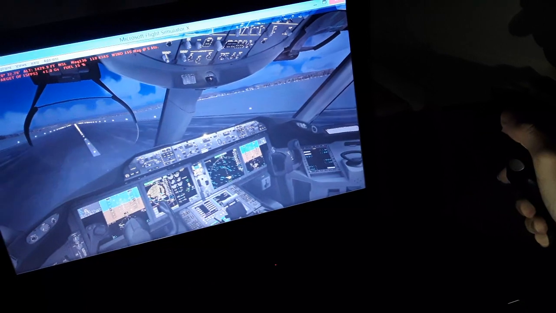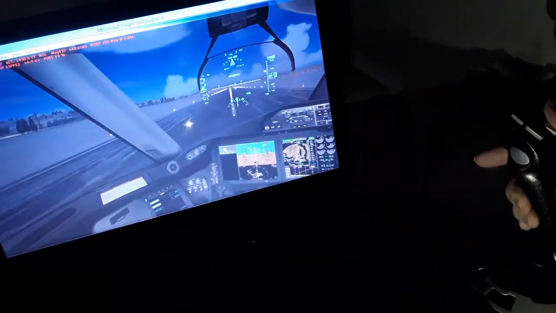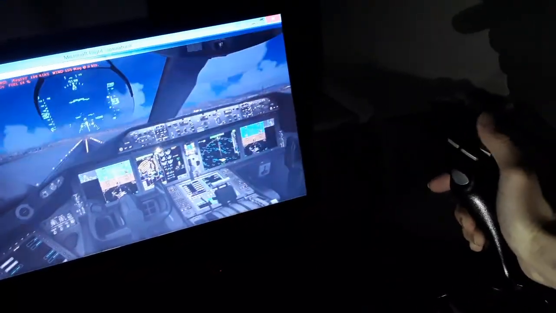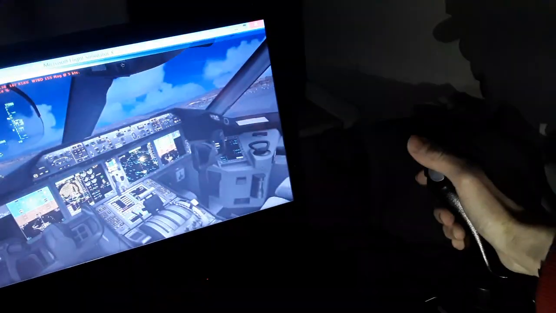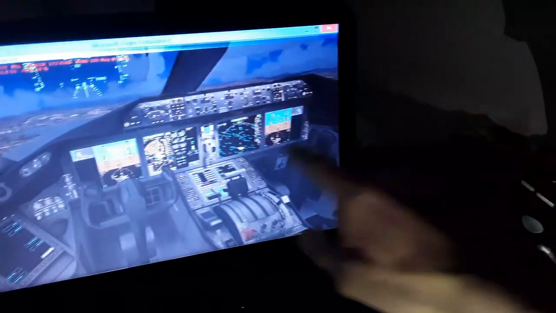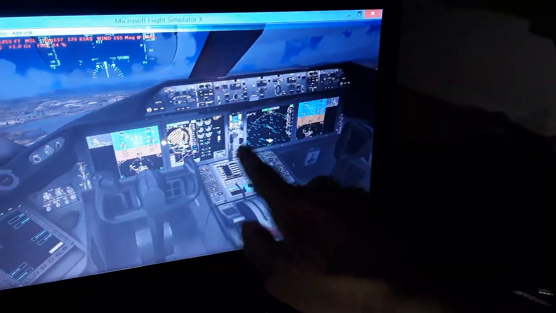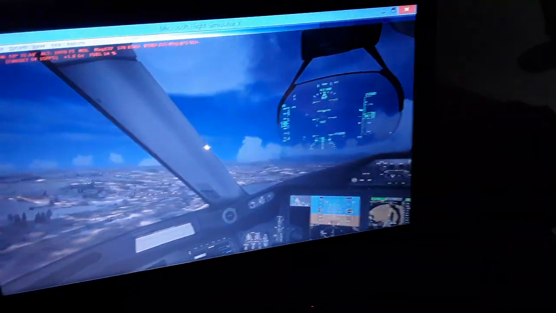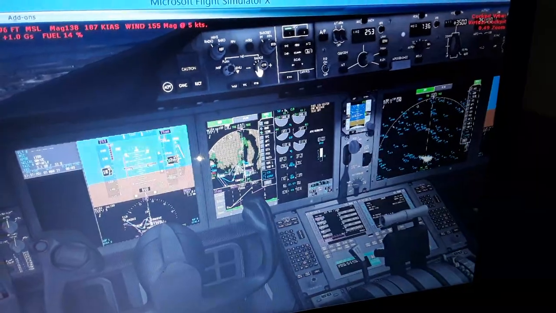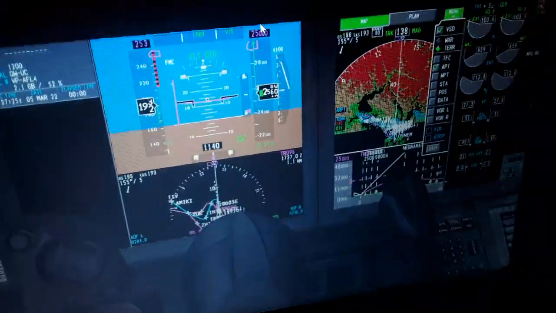So we have 115, 120, V1, V rotate 130. So we pitch up slightly, like 9 degrees actually, or less. So we have full takeoff power right now. Landing gear here is up, positive rate of climb. Keep climbing. So you can see we are just like